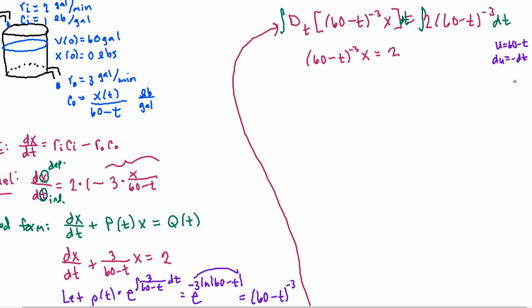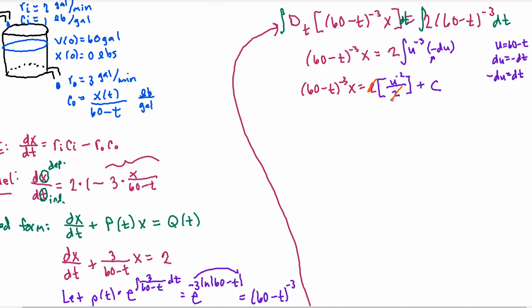So I could rewrite this right side as 2 times the integral of u to the negative 3 times negative du. Okay, again, I can just move this negative over here so we can see we replace dt with negative du. For now, I'm just going to carry this left side down. Integrating here on the right side, we're going to add 1 to the exponent to get negative 2. We're going to divide by negative 2, but remember that negative 2 will cancel this negative, and then we're ready